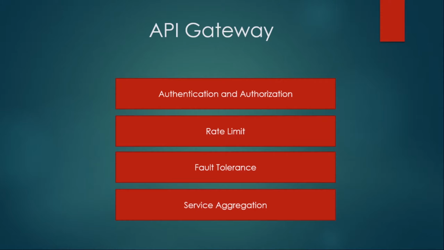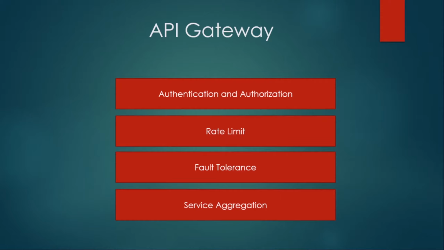These are all features that you cannot implement one by one at the individual microservice level. These features you can only implement at the gateway level. So in this video, we are going to learn all about that. In this project, we are going to use a Zuul API gateway that is provided by Netflix. So we will be learning how to implement a Zuul gateway.